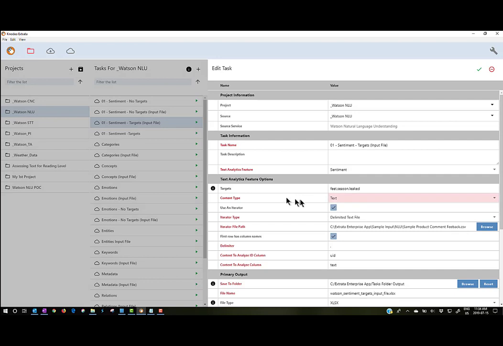Keep in mind, all of this would have to be coded in an API call, where here it's simply a configuration and not a scripting. Use an iterator. An iterator is the option of reading an input file. In our case here, where you're reading an Excel or CSV file, but quite simply, this iterator could be a